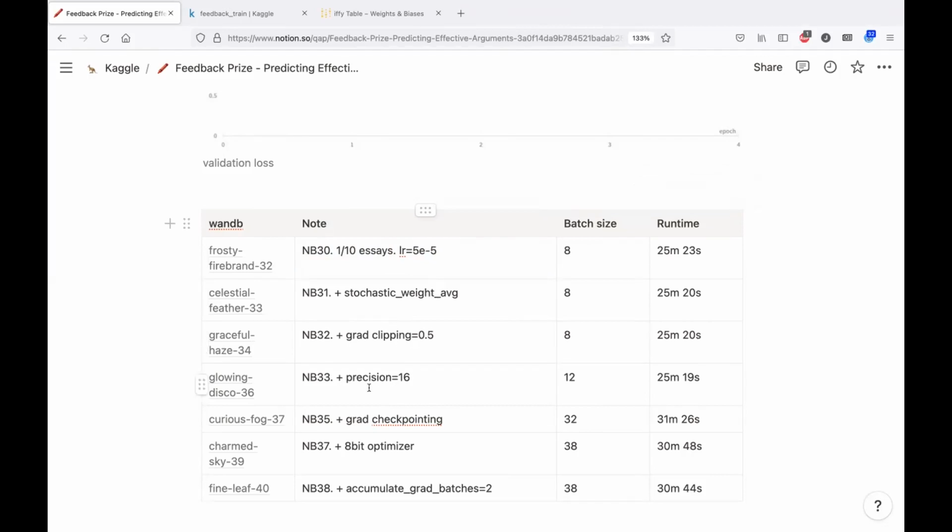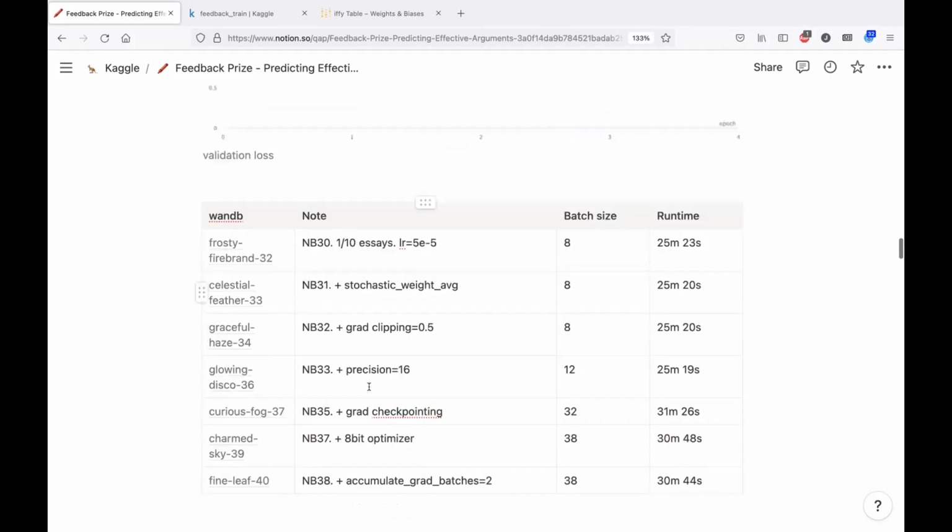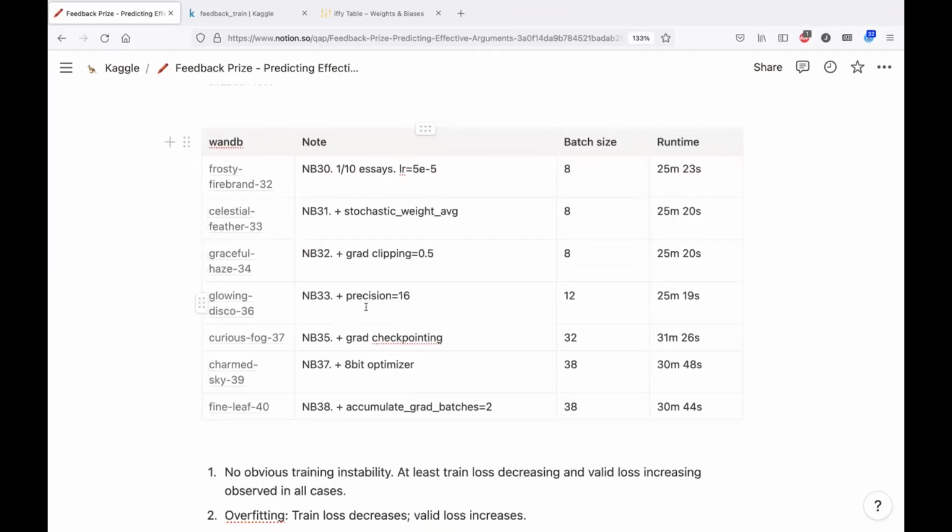Afterwards, I used mixed precision training. Using this allowed me to increase my batch size to 12. However, for some reason, the training time